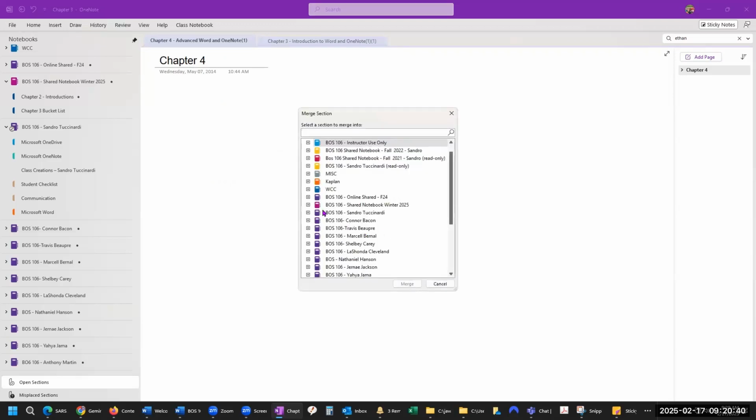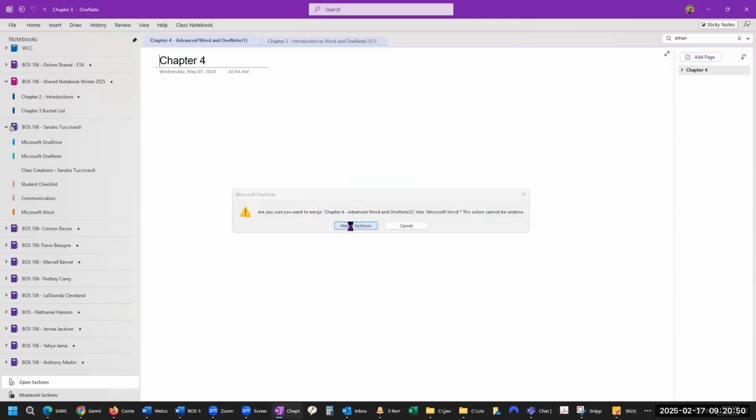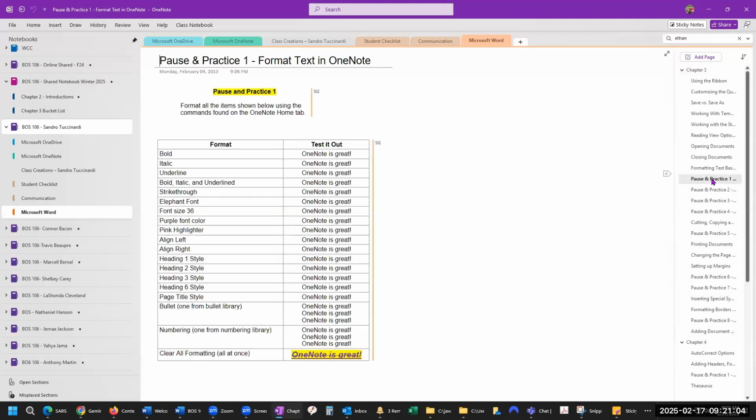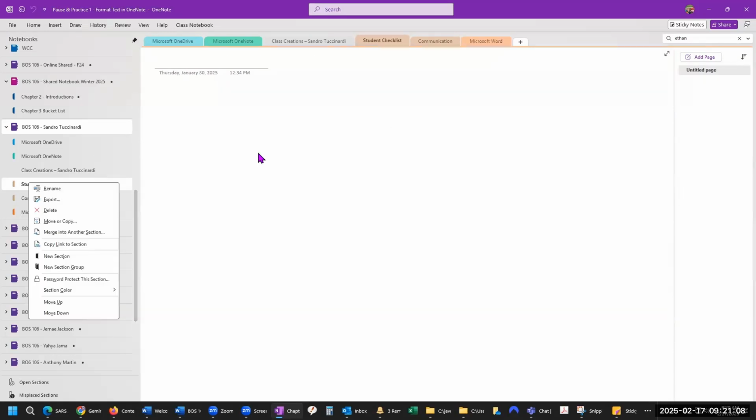Merge into another section, find your personal notebook, and merge it again, both into Microsoft Word. We're going to merge it. So once you have them merged, this week you still have more to do. Whenever you see a number here, like 1, 2, 3, 4, there's eight little assignments, but they're really quick. So down here you go,